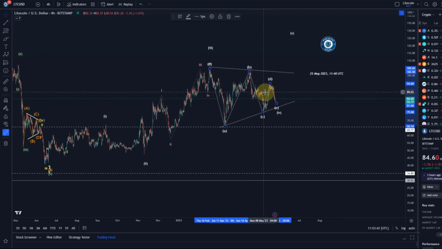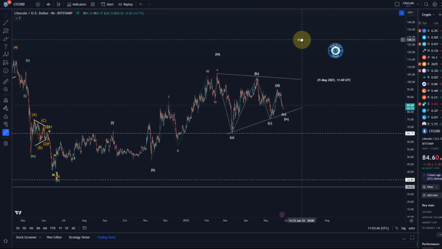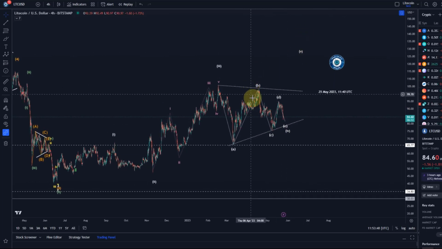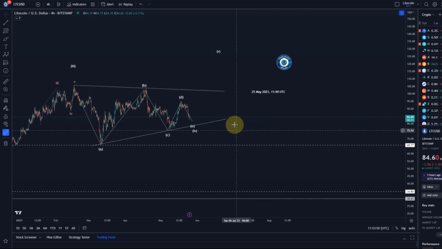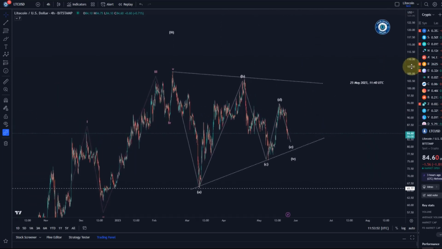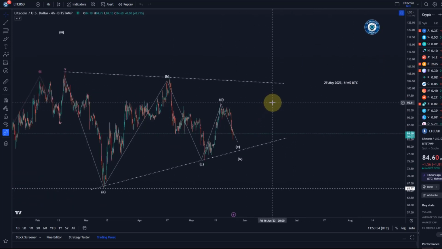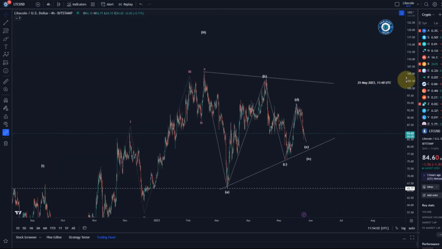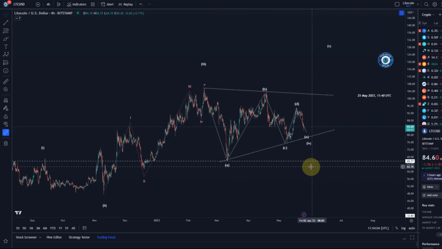As soon as we have a confirmed low in place for E, I can give you a target for wave 5. And again, the first indication that the triangle is breaking would be a break above the D wave high. That's typically how it works, and that's at $95. And the confirmation is above the B wave high at 103, 104. Okay, I think that's sort of how we need to look at this.